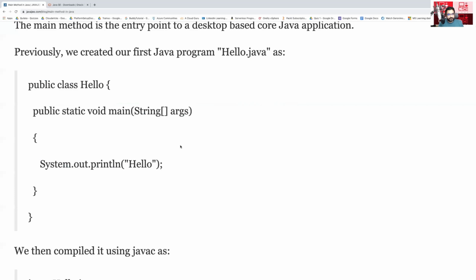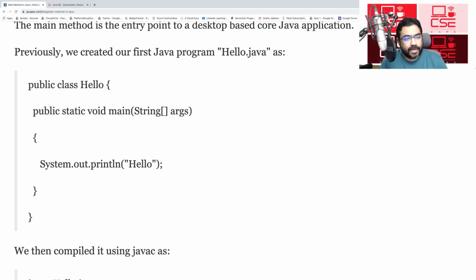In Java, you have this concept of classes. In C++ also you have this concept of classes. A class is kind of a blueprint for an object. Java is an object-oriented programming language, so you will be modeling objects, and you need to have a structure for those objects, right? If you are creating a human beings class, that will have a structure, and that class will have objects like